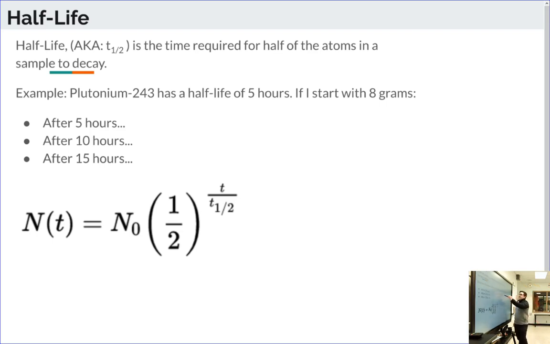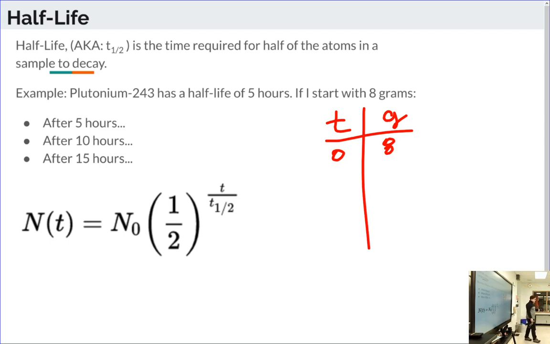If I started off with a time, we're going to call this time. We're going to call this grams, so that's the amount of mass we have. At time equals 0, how much do I have? 8 grams. Every 5 hours from there, we're going to hit a half-life. A half-life is the time required for half the atoms in a sample to decay. So after 5 hours,